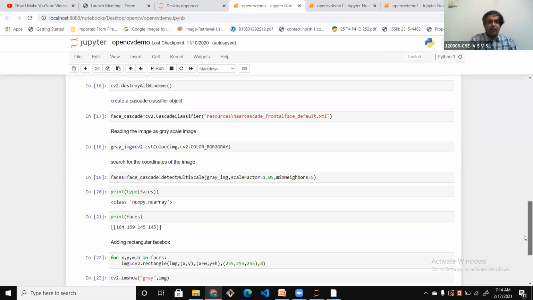For example, cvtColor. Whenever we are performing any object detection, we need to convert our color image to a grayscale image. For that, we use the command cvtColor, in which we specify the parameter COLOR_BGR2GRAY. Then we use commands like detectMultiScale, which is used for identifying a specific object in the particular image.